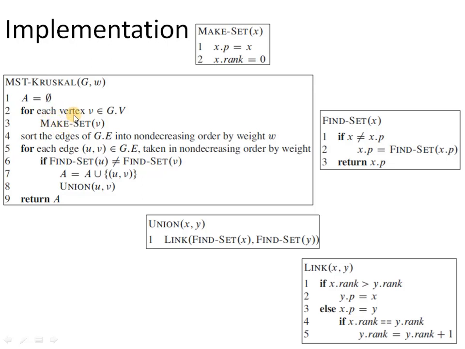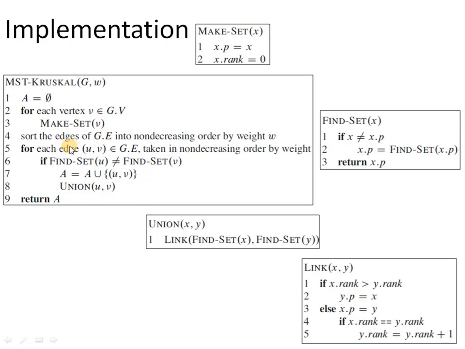Here we are calling the make set function of the disjoint set data structure in order to create sets corresponding to each vertex present in the graph. So individual vertices will form sets. The total number of sets will be equal to the total number of vertices in the graph. After this, we have to sort the edges of the graph in non-decreasing order based on their weight values. We will use any sorting algorithm at line number 4.